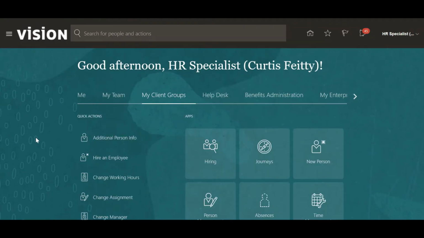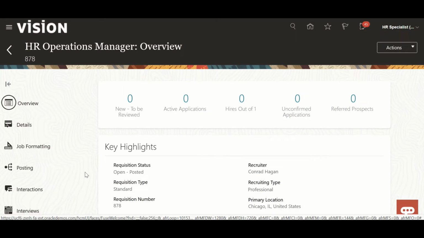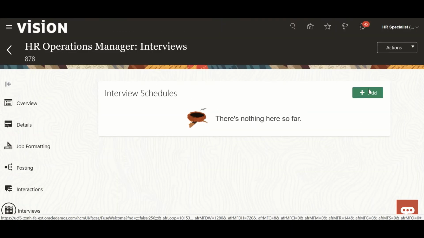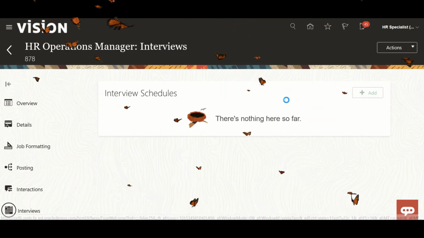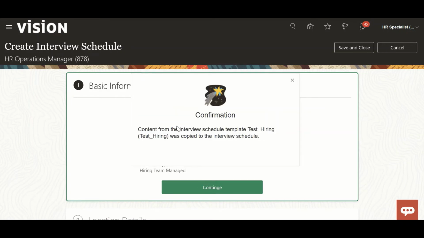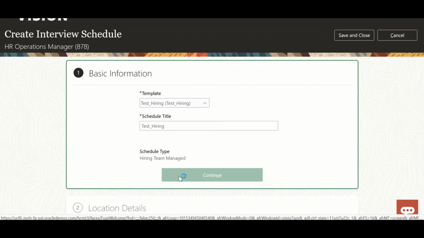So here we can take any requisition. If I come to this requisition and go to interviews, interview schedules, here we have to attach it, and I'm taking the one which we have created. If you want to modify anything further in these details, you can do that, but I'm just taking the template,